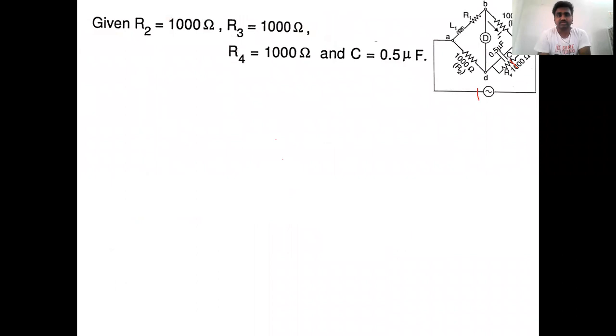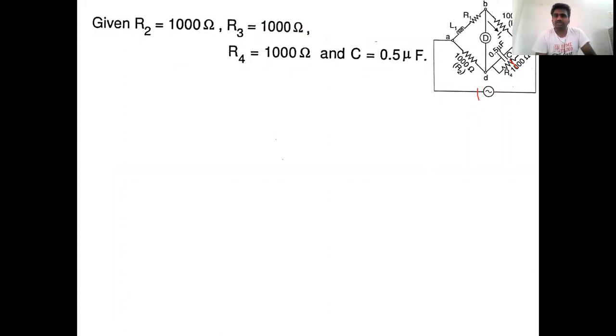So let us go to the next problem. This is also a Maxwell's bridge problem. Actually, the given data is quite complex. That's why I have eliminated that complex data and segregated it in this format. So we know the second branch resistance. This is our Maxwell's bridge. Most of you are very familiar with it. Maxwell's bridge will have four arms.